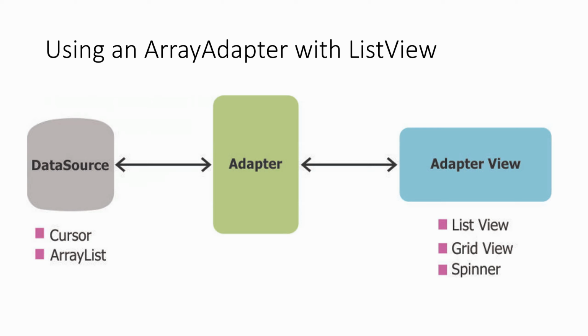So before going to the coding part, I would like to tell you how these three, adapters, list view, and your array list, how these three elements or classes interact. So the adapter always takes data from your data source. So a data source can be a cursor, array list, database, anything, strings, a string file, any place where you get data is called a data source. An adapter lies between your data source and adapter view. Now a view can be a list view, grid view, and spinner. Adapter is an intelligent class.